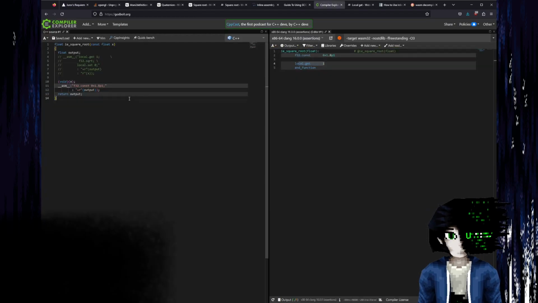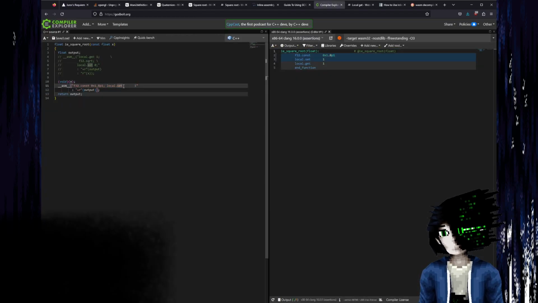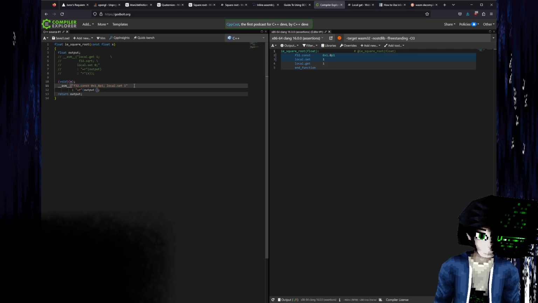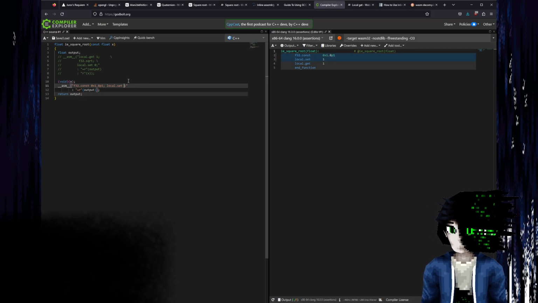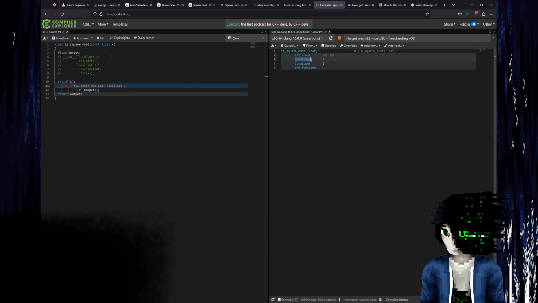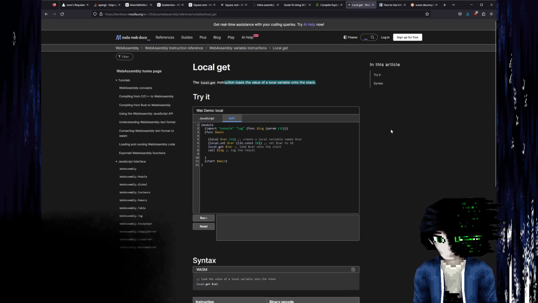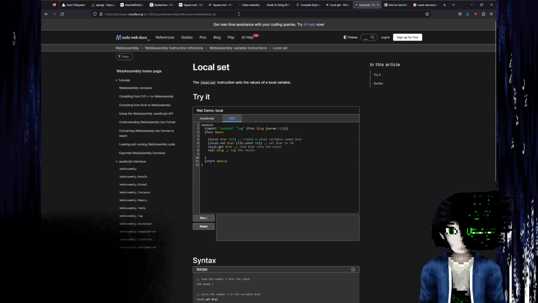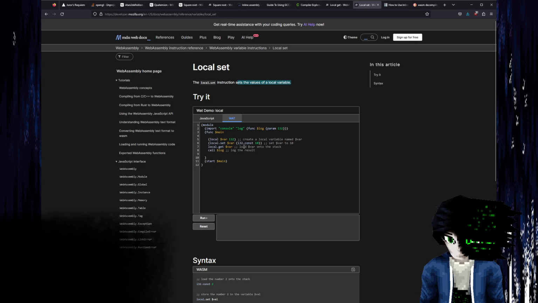Unused values not dropped by the end of the block. What do you mean by this, compiler? What do you mean? Loads the value of a local variable into the stack, and I'm going to guess local set if I just duplicate this tab. All I want is a square root. Sets the values of a local variable. So,